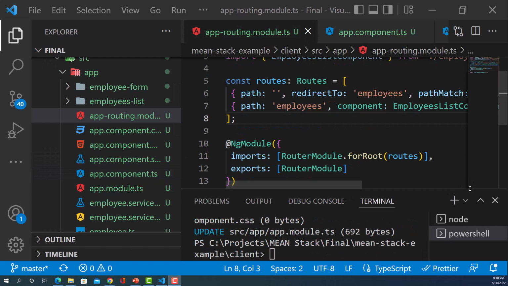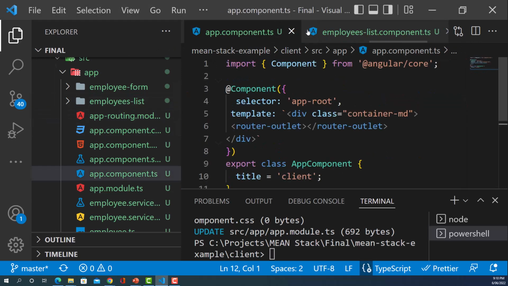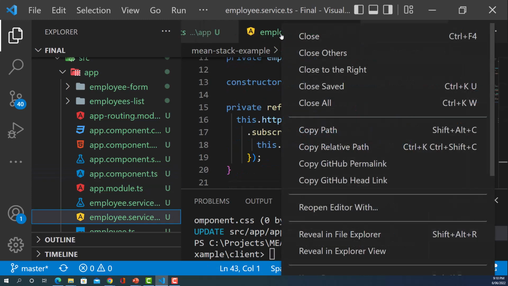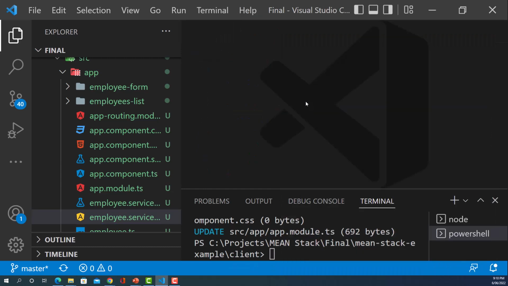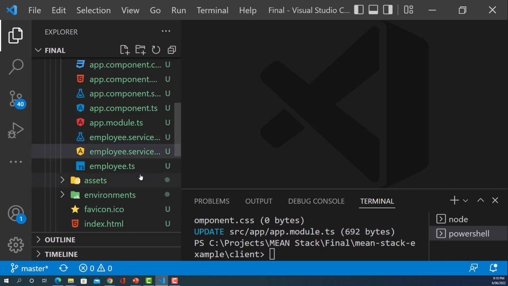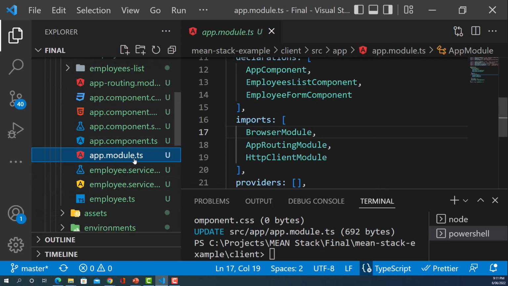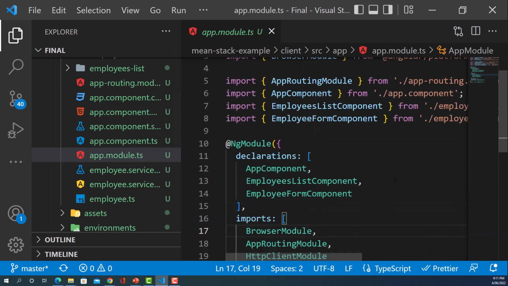Now let's start by importing the reactive forms module in our app.module.ts, not app routing, but this. Let me close this. Most of these files are not important at the moment, so close all. Okay, starting from scratch again, a fresh slate. So we'll get app.module.ts. Where is the app.module.ts? Okay, so here